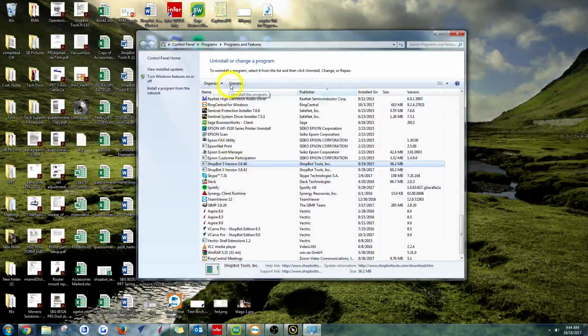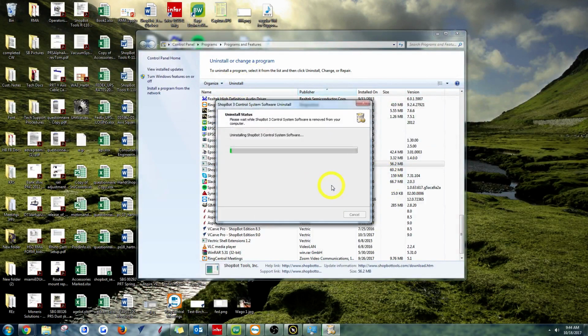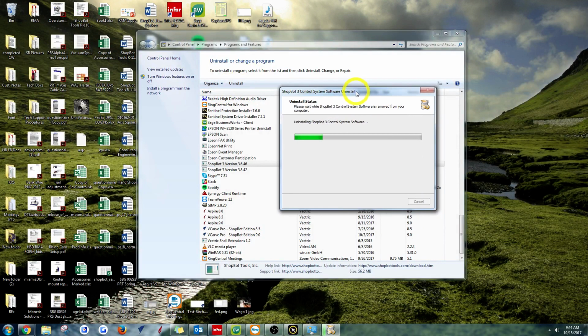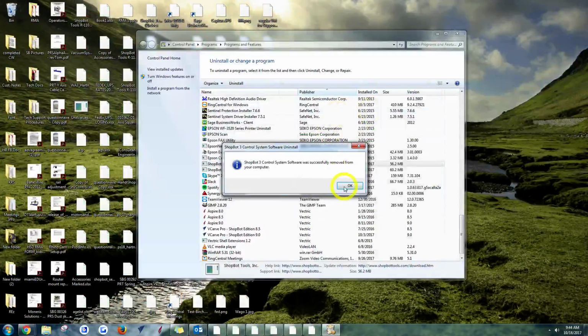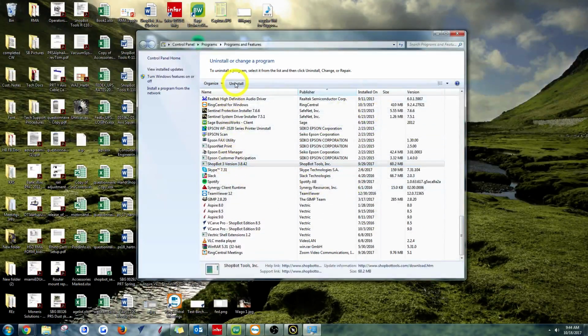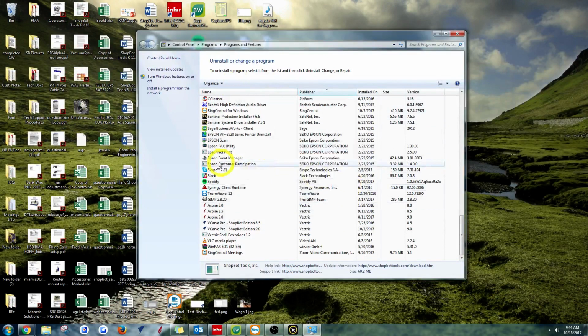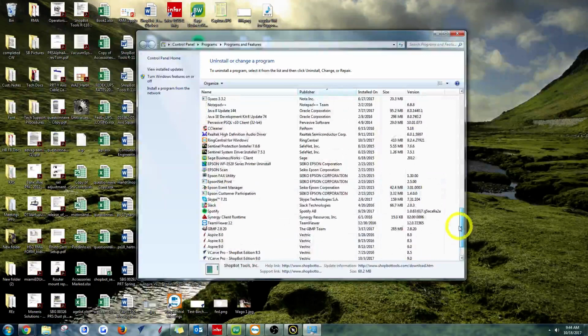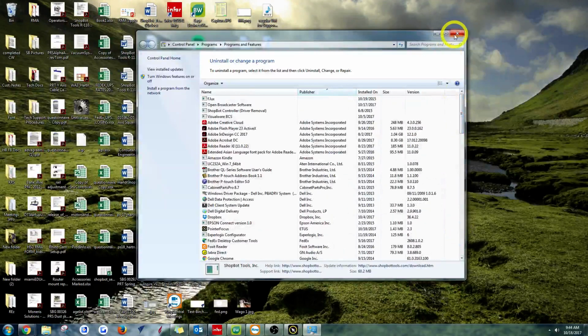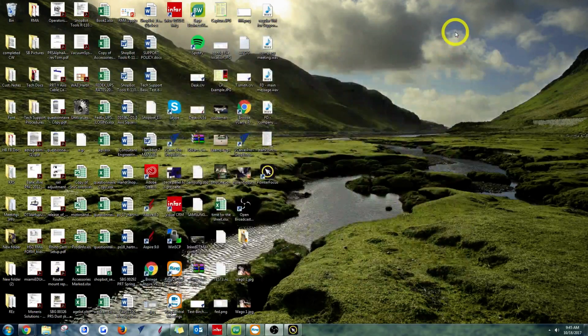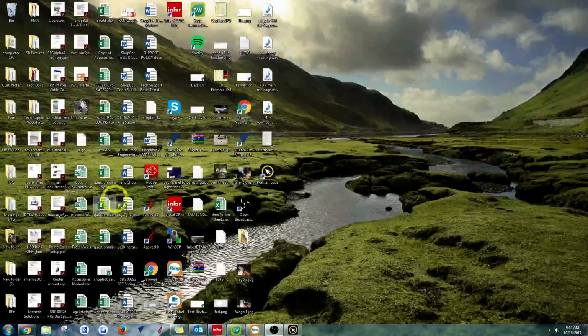We want to remove all versions that are listed here. So we're going to select uninstall on the 3.6 that is shown. And we'll remove any remaining parts. We want to do the same thing for 3.8. It should happen very quickly as we removed all of the files really already. Now let's go ahead and close this. At this point, you want to restart your computer. Once your computer reboots,